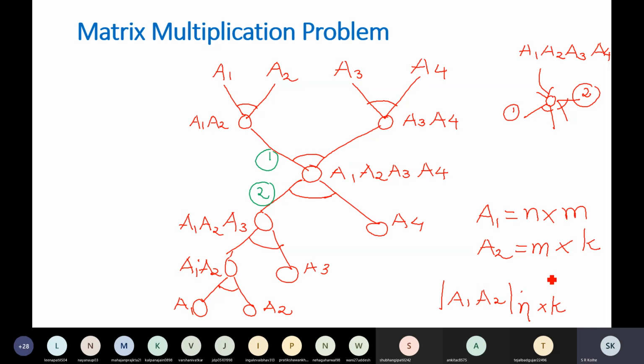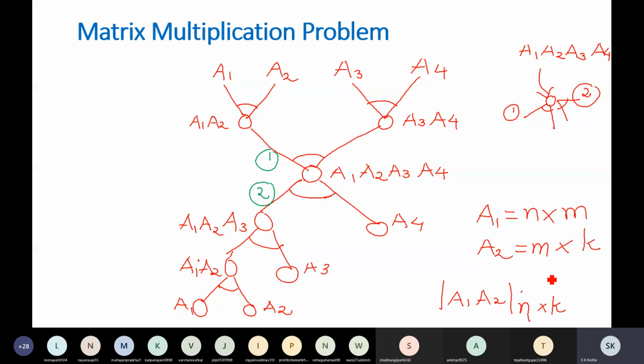We will assume that the complexity of finding the multiplication A1 A2 is proportional to the number of multiplications that you are performing. Let us listen to this carefully. How much effort you will have to put in to multiply two matrices is proportional to the number of multiplications you are performing. If the number of multiplications is more, then more time will be required to multiply those matrices. So always our intention will be to reduce the number of multiplications.